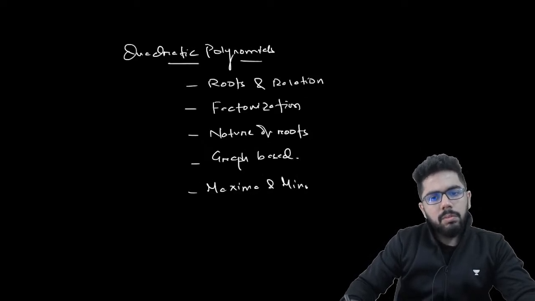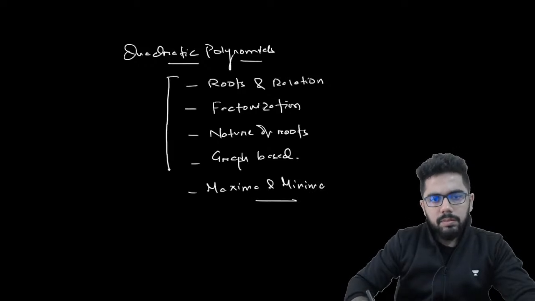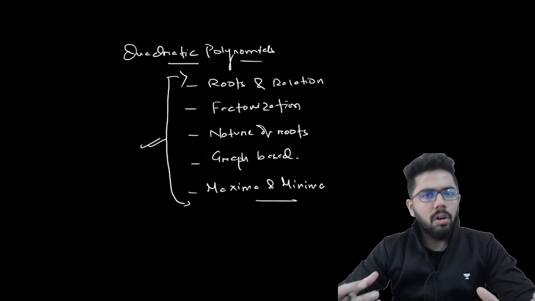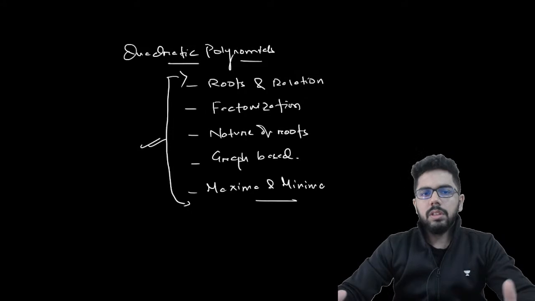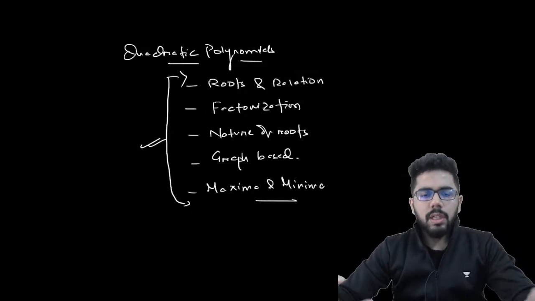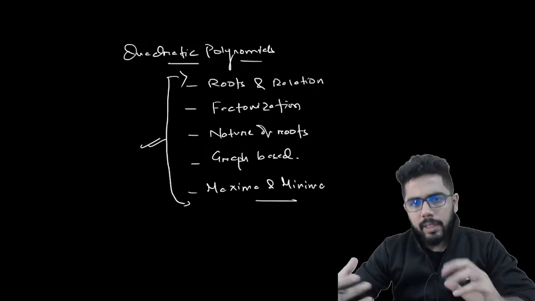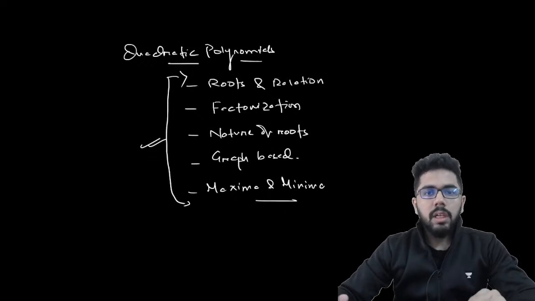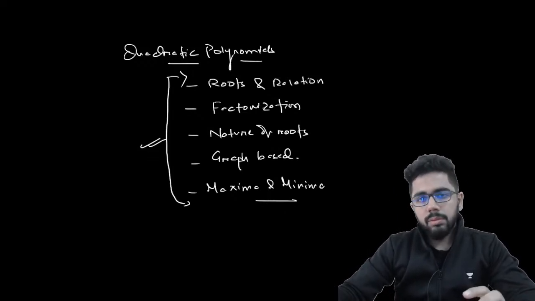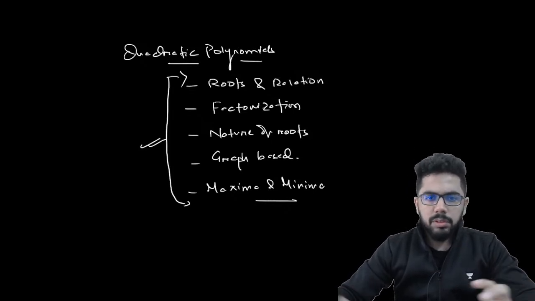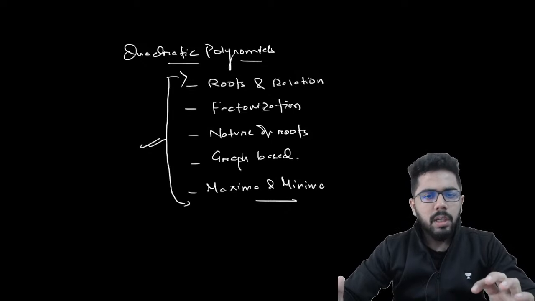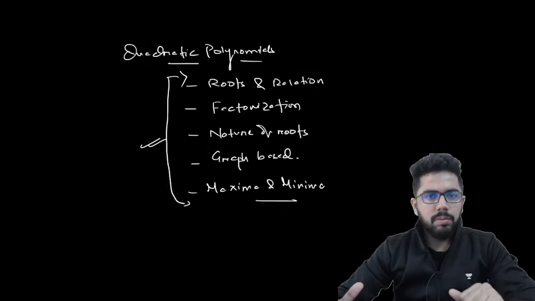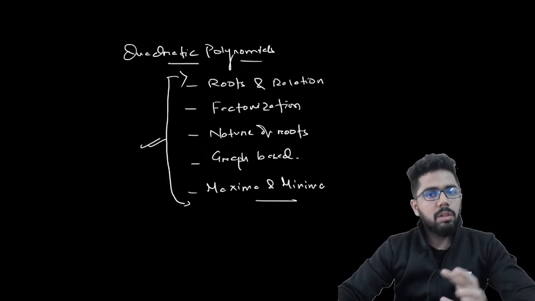So quadratic polynomials, you can see questions in these 5 categories। Okay, you can see questions in these 5 categories, so try and cover all these। अगर पढ़े हो तो बहुत अच्छी बात है, if you are confident on this, if not just revise these things, roots and how to find the roots, what's the relation between the roots, factorization, how do you factorize a quadratic polynomial, और उसका related जो questions है, nature of roots related questions, how do you know the nature of roots using discriminant, and then graph based questions, beautiful graph based questions are there on quadratic polynomials, and then maxima minima of a quadratic polynomial। Okay, these are the 5 touch points in case of quadratic polynomials, and definitely you should learn all these if you want to like give yourself the maximum chance of solving the question in the exam।